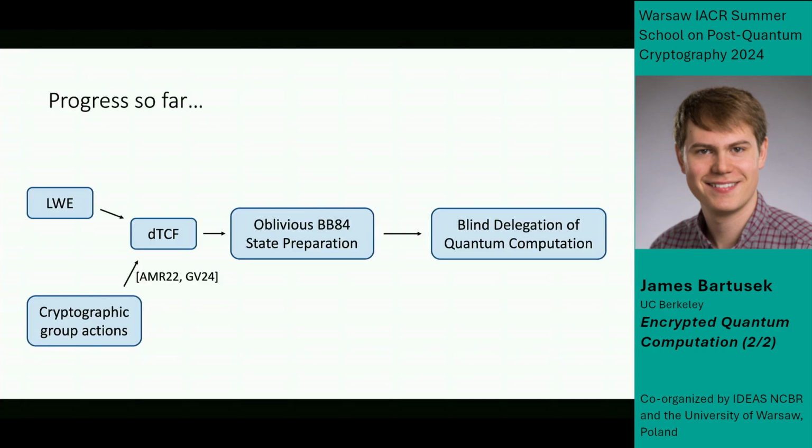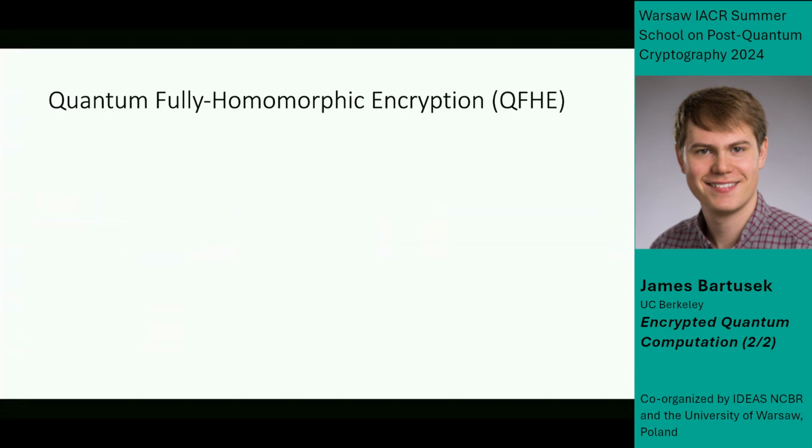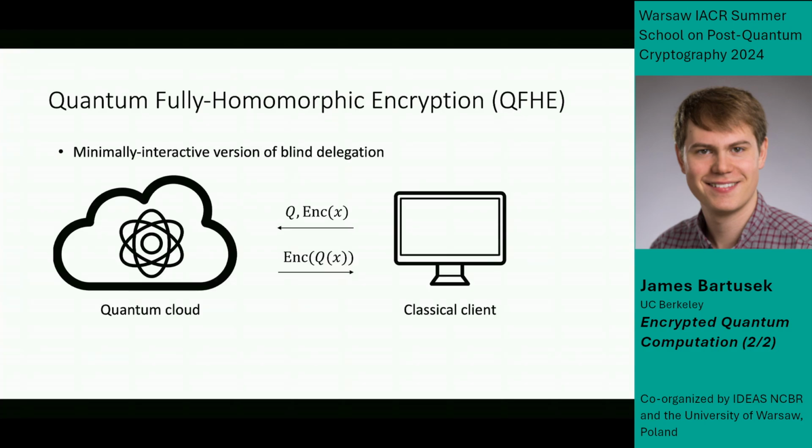So really this completes it, if our goal was just to get a blind delegation protocol where we have a quantum server and a classical client, and they can interact as much as we want, and the classical client can run as much classical computation as they want, but we want to do blind delegation, then we're done, right? But I do want to cover the fact that we can get more properties out of this basic template. In particular, we can use these techniques to construct something called a quantum fully homomorphic encryption scheme, a QFHE scheme,